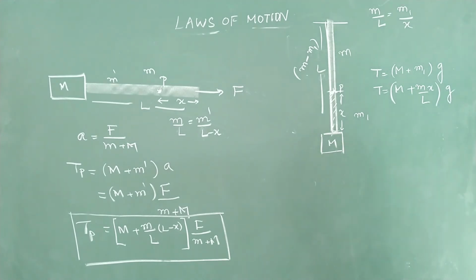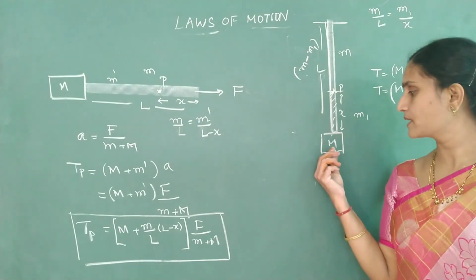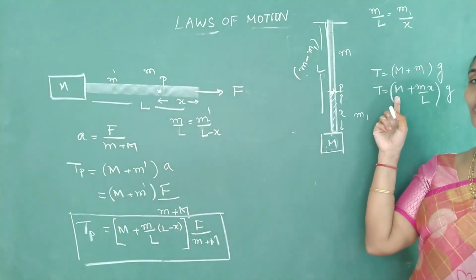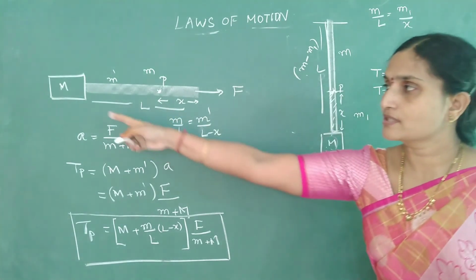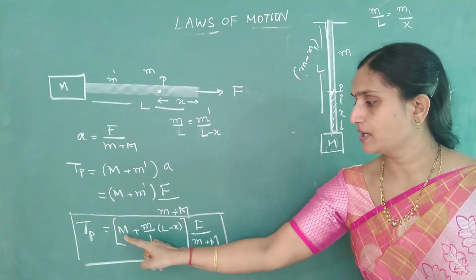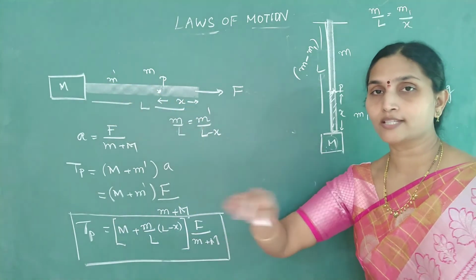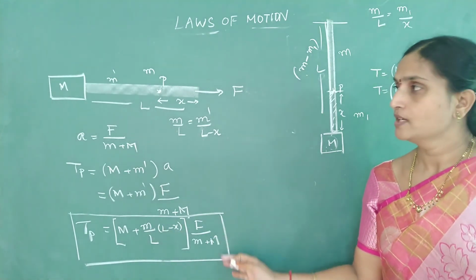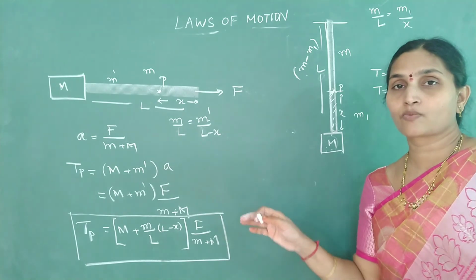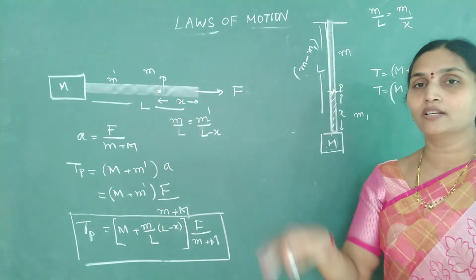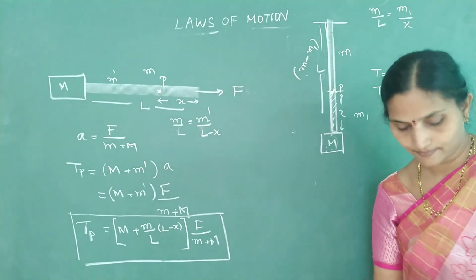g. And in a few books, this capital M may not be present. If there is no capital M, put capital M as how much? 0. Even in this case, if there is no hanging block, that means capital M is absent, put capital M as equal to 0. Only string is given, then you can make it as capital M equal to 0. So these are all some simple questions where the arrangement of blocks and strings is either vertical or in horizontal position.